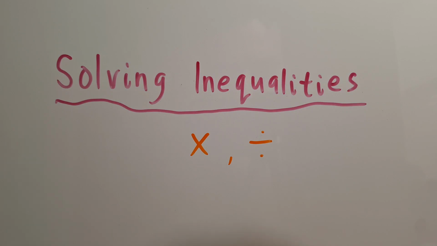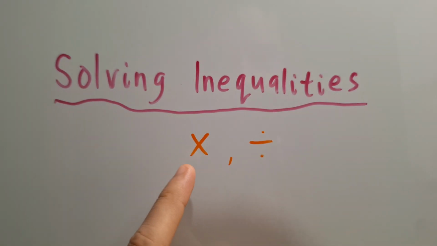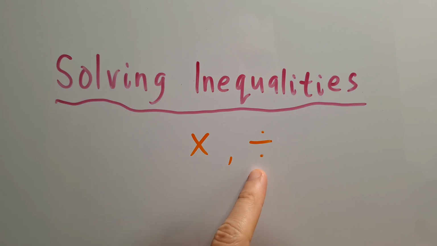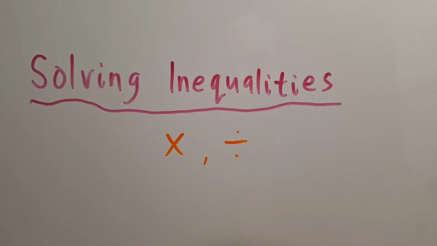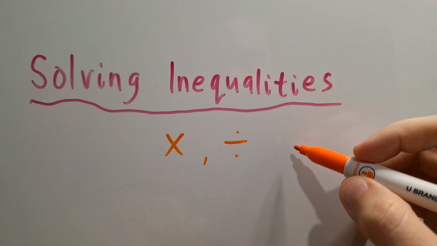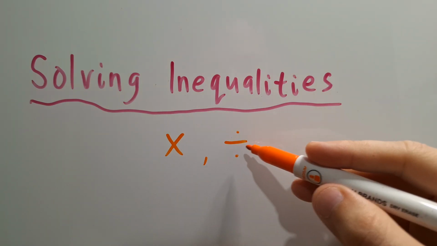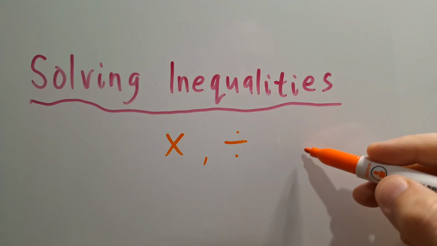Hello everyone, in this video we're going to work out more solutions of solving inequalities using multiplication and division. But the catch here is that whatever we're going to multiply or divide by to get the final solution set for our inequality, that number will be negative, because this is a very special case. When you get to your final step and it involves multiplying or dividing that leading coefficient that's paired with our variable,